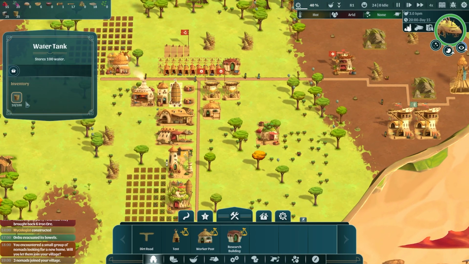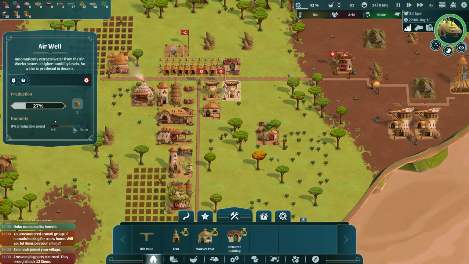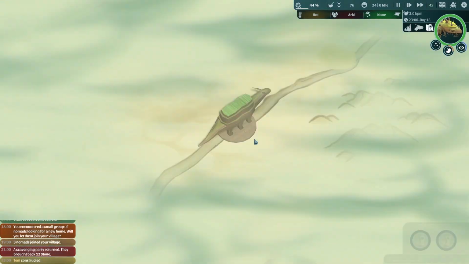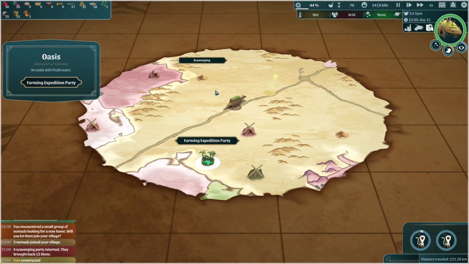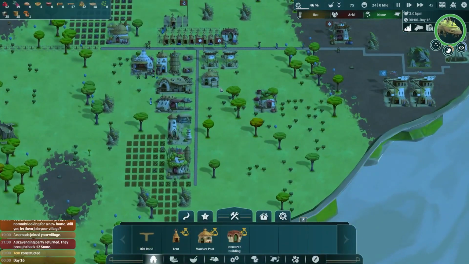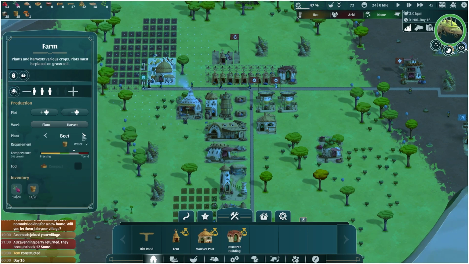That is marvelous. How are we doing water-wise? We've got 10 water left. We have 25 water left in the air well. And 0 water left in this air well. Okay, well, I think it's time to go and visit the Oasis. It's going to take us 19 hours now, which is a bit of a bad decision-making process there. But that's okay. Let's move over to...